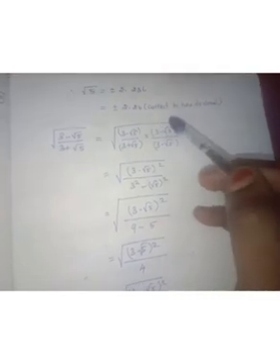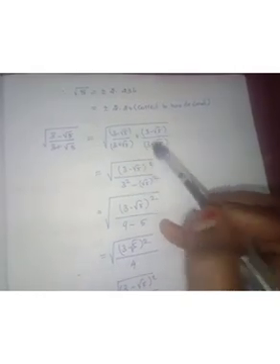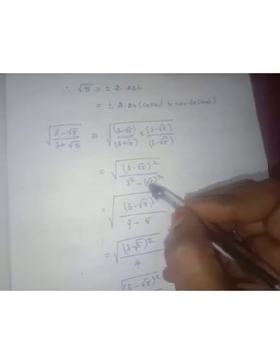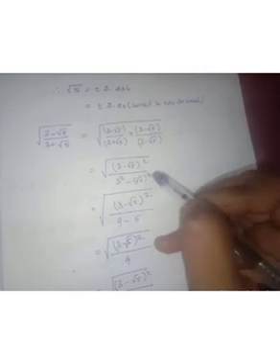It's over. To find the value of this number, first you take the square root of this number. Suppose a number is in the numerator and denominator, then the denominator is handled by the conjugate method. This method is called conjugation. Conjugation means if the denominator's sign is plus, you take the opposite sign, minus. So this minus number is multiplied and divided by this number. The numerator is the same, so I take 3 minus root 5 whole square. In the denominator, a plus b and a minus b, the formula is a square minus b square. So a square means 3 square, minus b square means root 5 square.